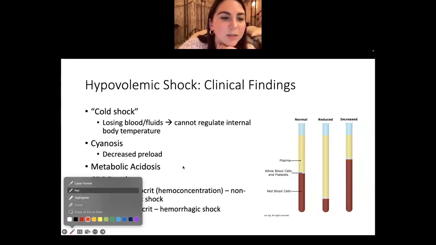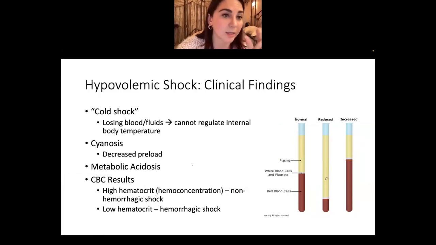So with hemorrhagic shock, you're physically losing blood, like the blood cells. So like this red part. Like you said, you can have interstitial fluid moving into the blood. It's a relative thing. You're going to have relatively more fluid than blood, just because there are not enough red blood cells. There's just more fluid there now. That's why hematocrit goes down, because now there's more fluid compared to the amount of red blood